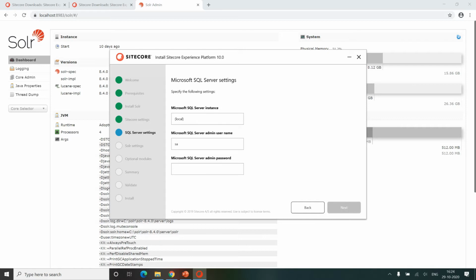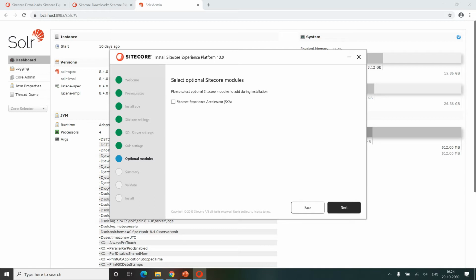Okay, and then next I need to give the SQL instance name, username and password. In the next step I need to give the Solr URL, folder name and Solr service name. Next step, setup asks if you want to install SXA.